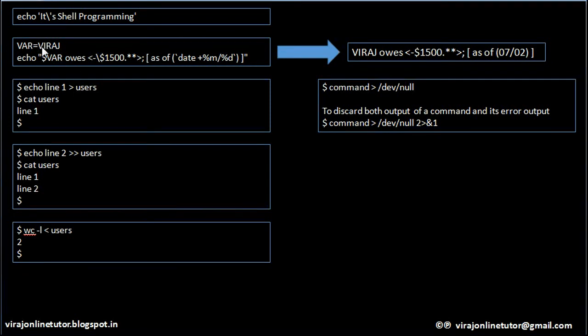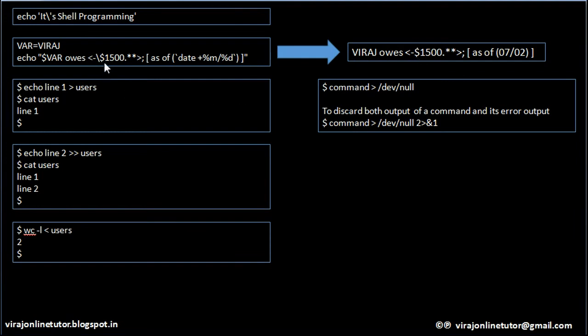What I am doing here, I am assigning a variable where with a value Viraj in it. So Viraj will be inserted in this string where. Then I am echoing on the screen the content of where, which is Viraj. O's will be printed as it is, and whatever special characters are there here, I am escaping those special characters with a backslash sign so that these characters will be displayed as they are in the output.